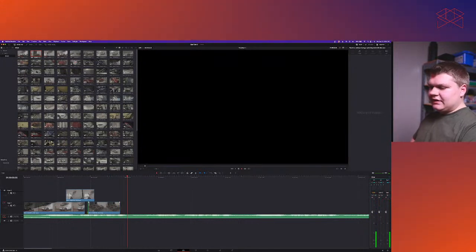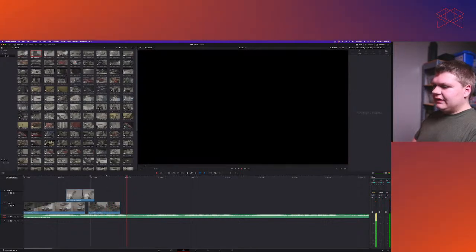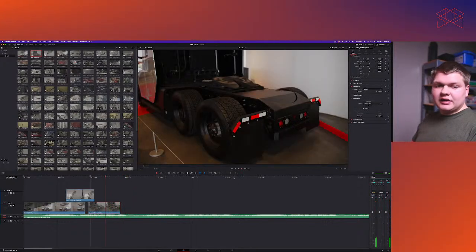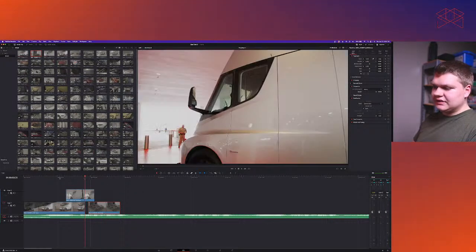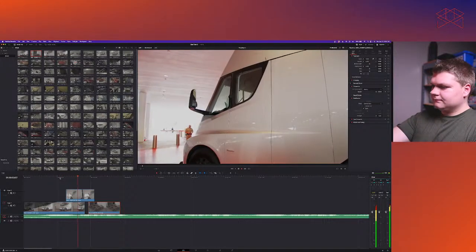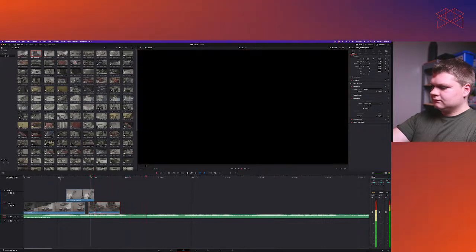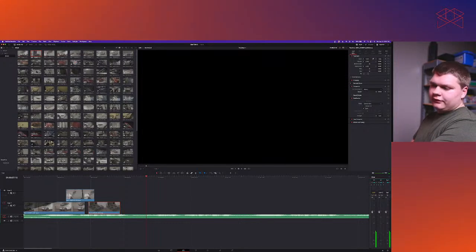Now, do you see that click? Like it was stabilized and then it wasn't? We need to stabilize that clip again, because if you're copying a grade from another clip and then you paste it on a different clip, it can mess up the stabilization. So we're going to stabilize that one more time itself. And then we could, if we wanted to, just keep going and editing this out, but I think you have